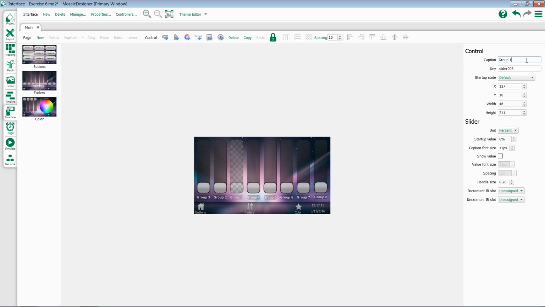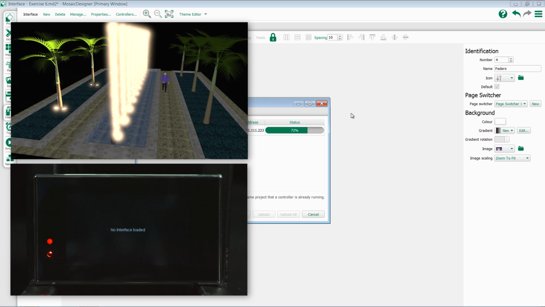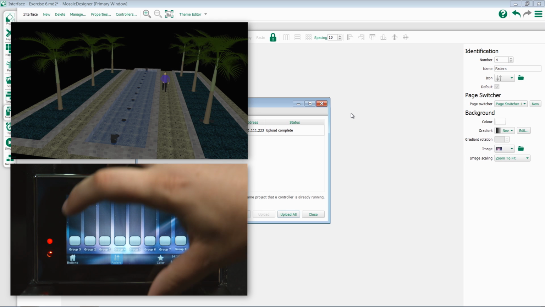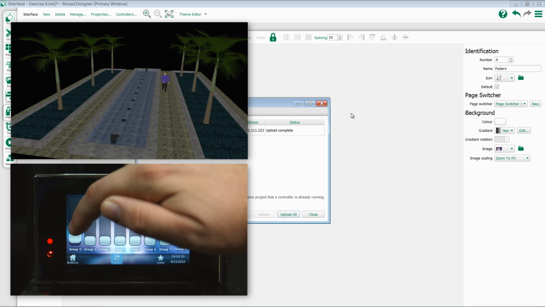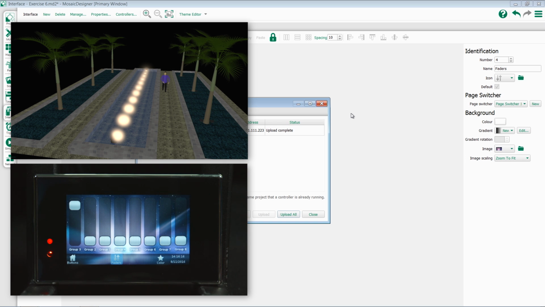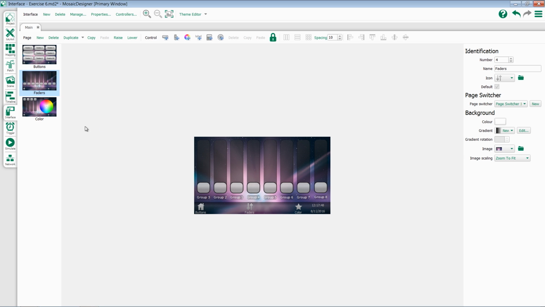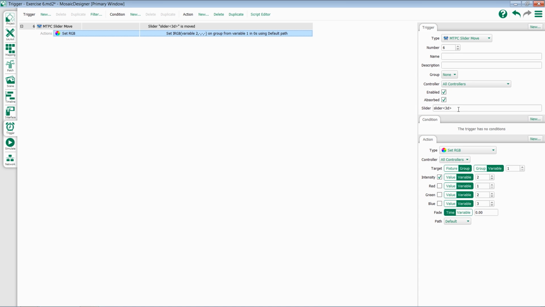Now I can select my group 3 and maybe change that back to 1. Once I upload this, we can take a look at the changes. If I look at my Tessera, I will now raise my new slider 1, which is group 3, and control my third group. This allows me to easily rearrange the faders on my touchscreen to be whatever I want. If we take a look back at our trigger, we'll notice that it's capturing 3 digits. This means this will work from slider 001 to slider 999, allowing you to very easily and very quickly add